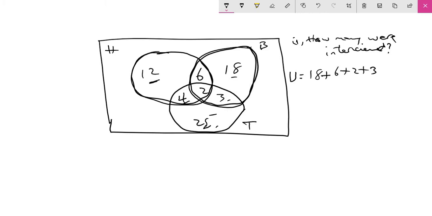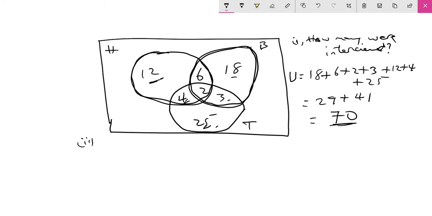And now I add these three, 12, 4, and 25. So plus 12 plus 4 and plus 25. So this was 29 plus, this is 16, this gives 41, and so this is equal to 70. So the universal set is 70. The number of women interviewed was 70. Okay, so now the second part of the question says,